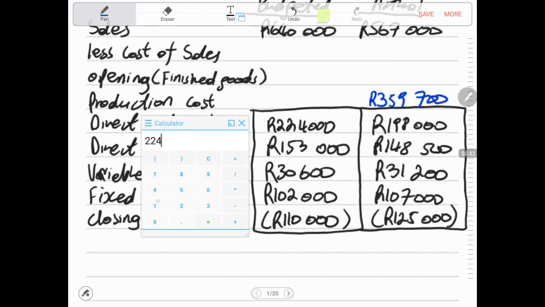Budgeted: 224,000 plus 153,000 plus 30,600 plus 102,000 minus 110,000, which gives